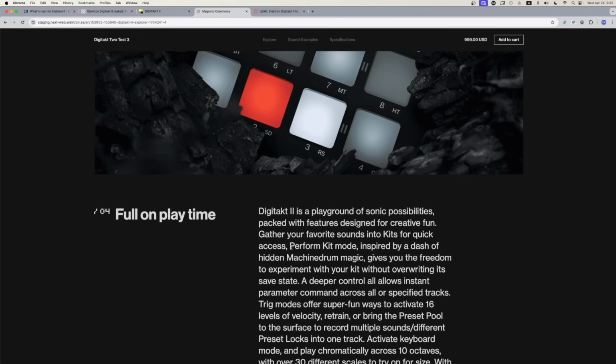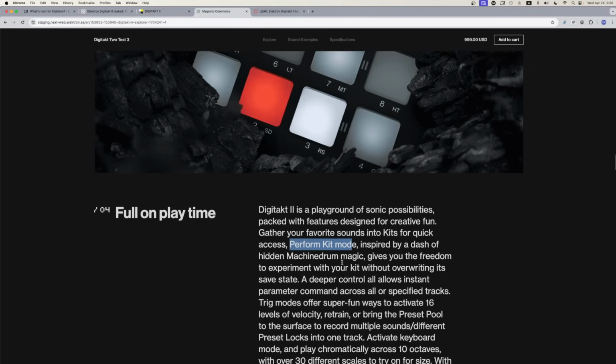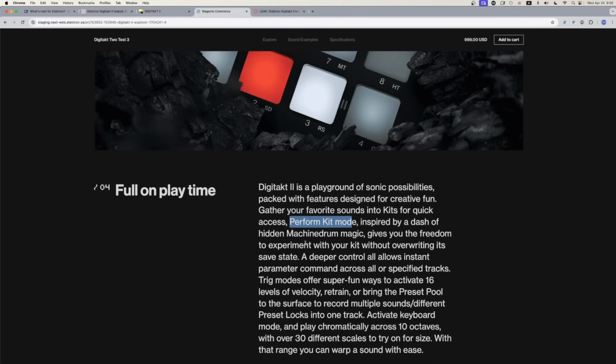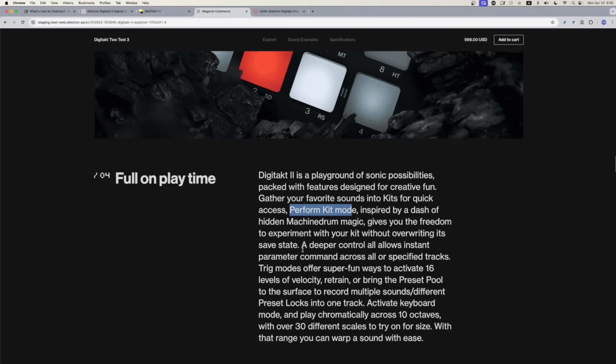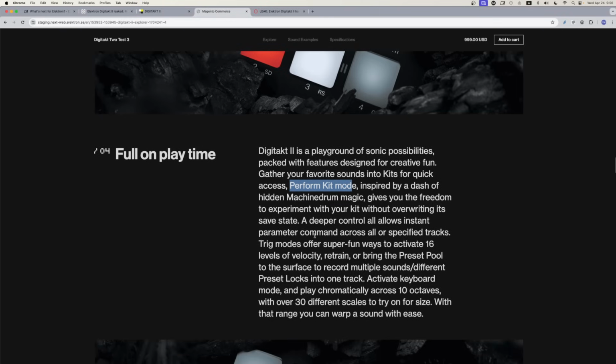Apart from that, a perform kit mode inspired by a dash of hidden machine drum magic. Gives you the freedom to experiment with your kit without overwriting its save state. Well, that certainly sounds interesting. I don't know what it means, but a deeper control